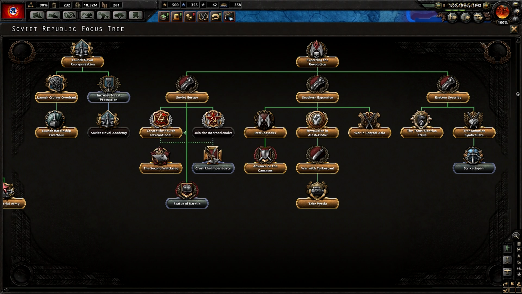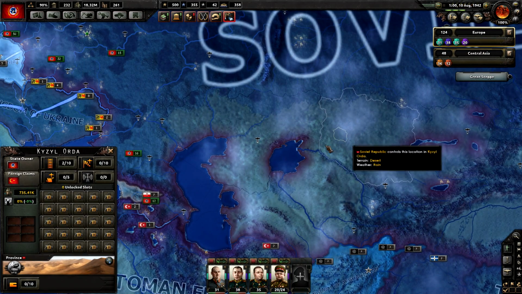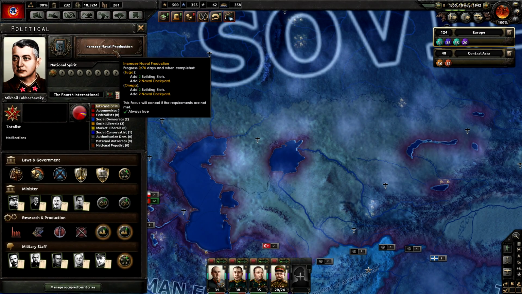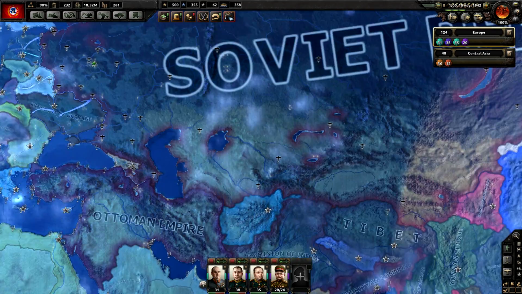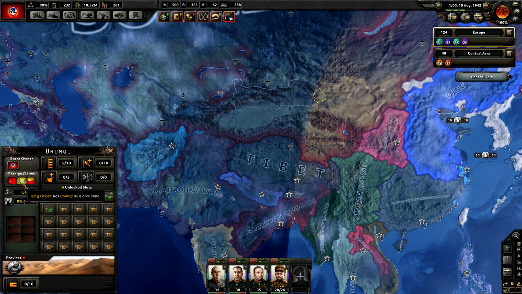Then we had a Soviet coup in the Alash Order, which is this area here. They fell, and I made them part of Russia. Then I did war with Turkestan, followed by war in Central Asia. That is, I did those focuses. Because at the time, Turkestan and Mongolia were allies. And Mongolia...